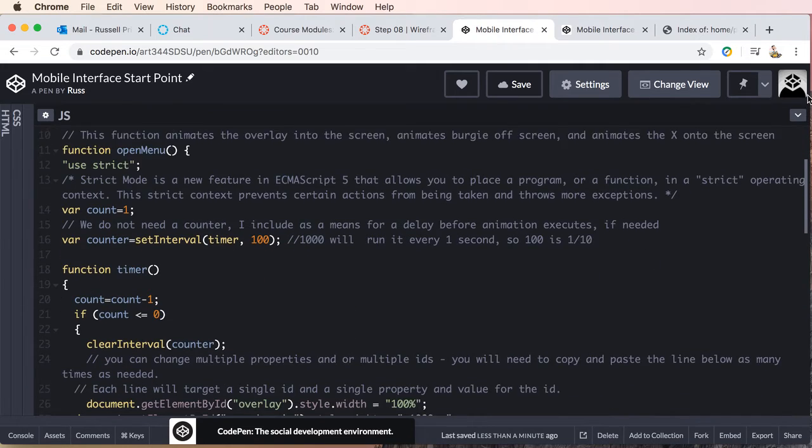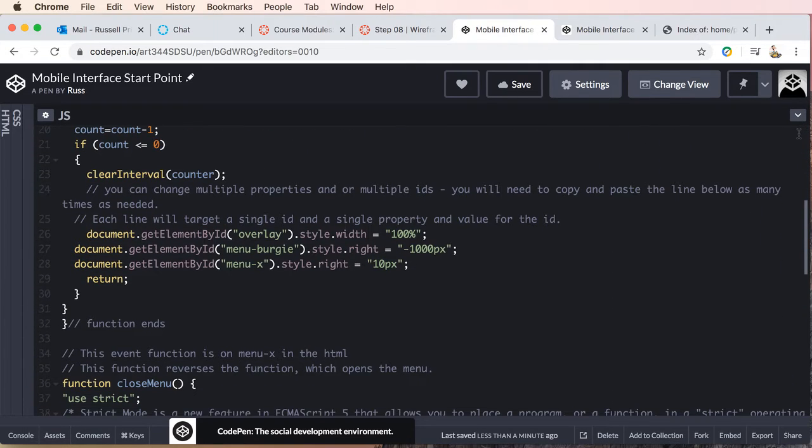So go to the top, we'll scroll down, and right now I have the menu style.right. We need to change this to left,